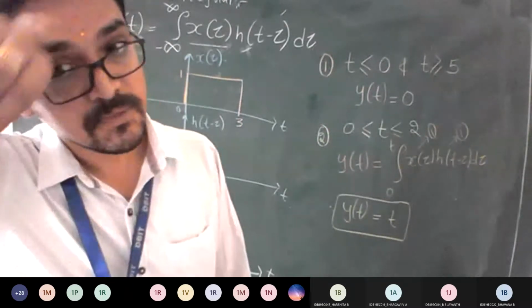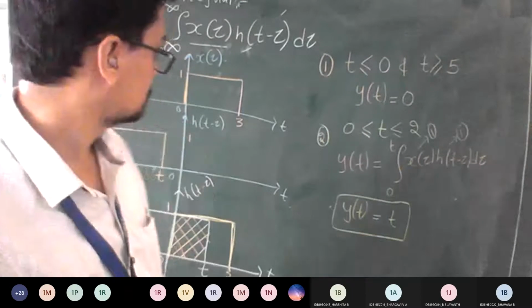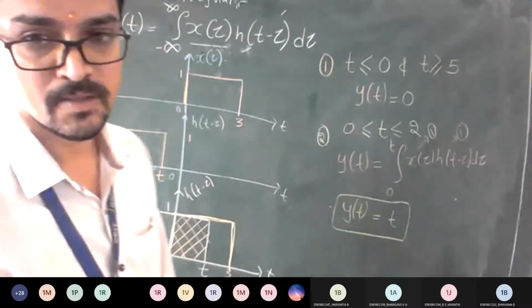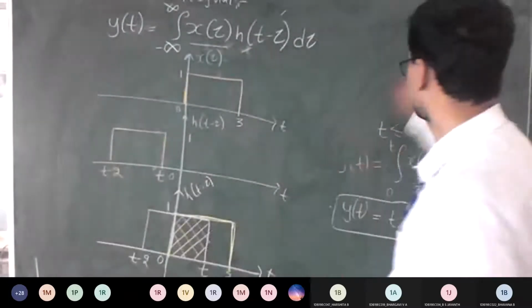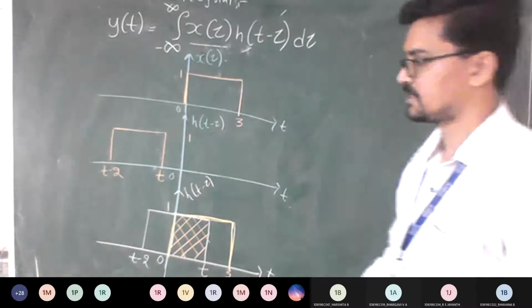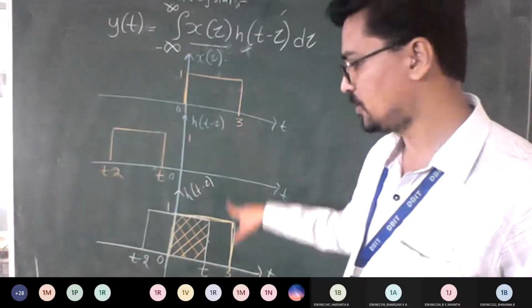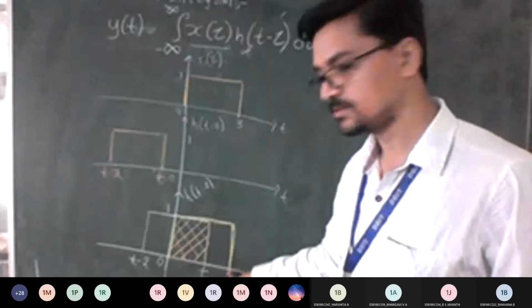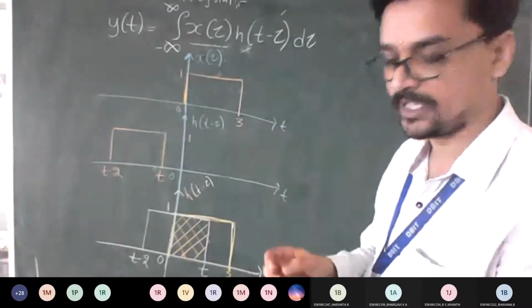So case number 2, is it okay? Shall I proceed? Yes, sir. So we'll erase this part so that I can write here itself. So now tell me which is case number 3. You can know this 2 graph is with you. Now we have taken t is between 0 to 3 range. So now what can be case number 3?